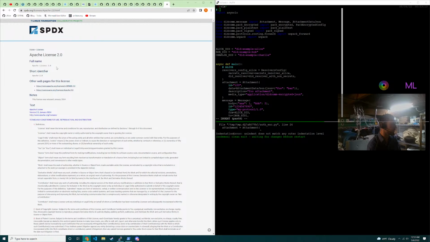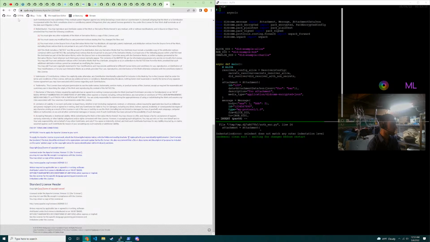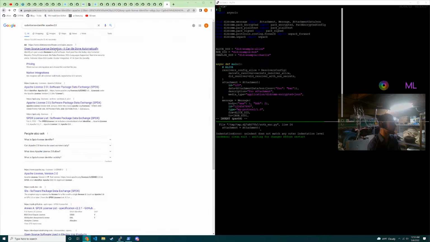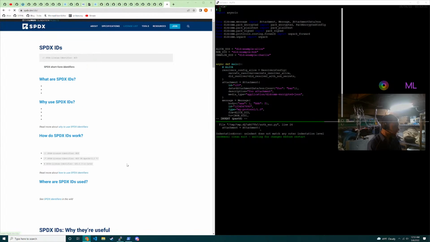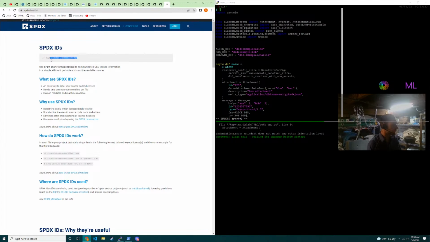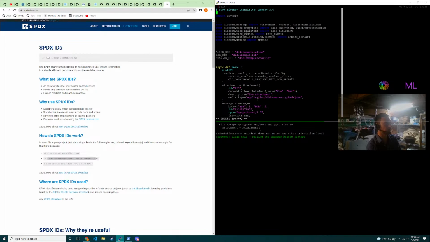Can I just copy paste something, for God's sake? There we go. By putting this at the top of a file, you remind yourself what your code was derived from. So now I would suggest